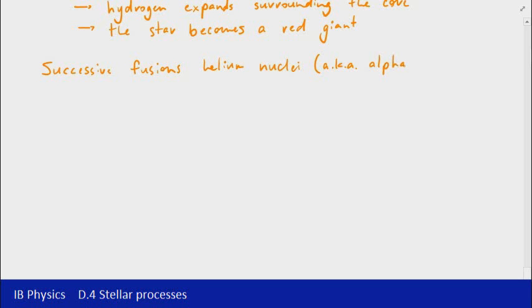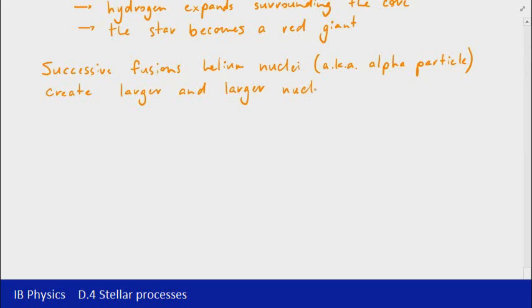So if you were to look up this particular process, you might look for the alpha sequence. There's a number of different elements that are created here. These successive fusions of helium nuclei create larger and larger nuclei. We might have a look at what that sequence is in class, but ultimately